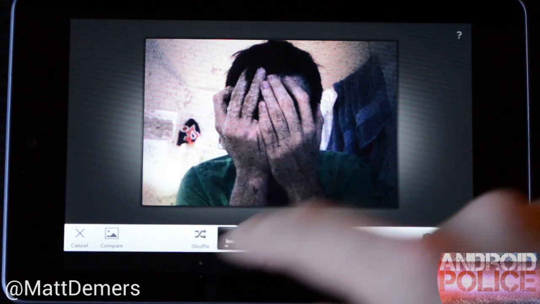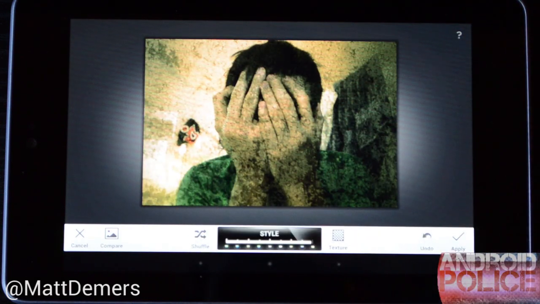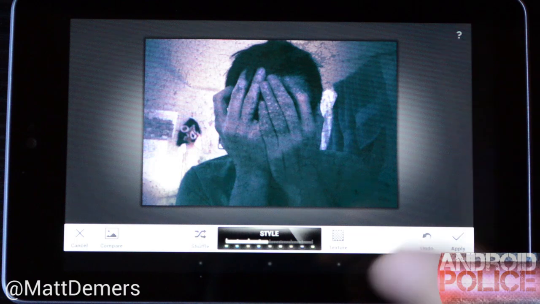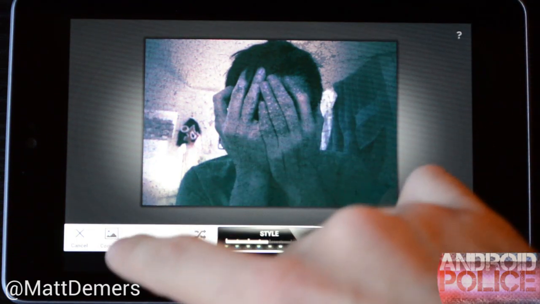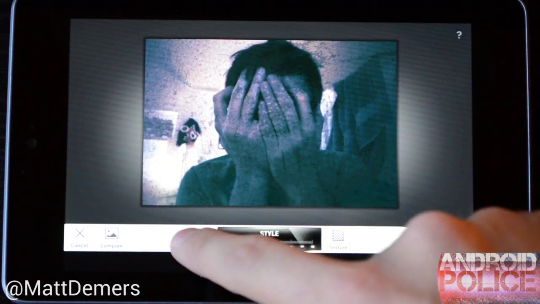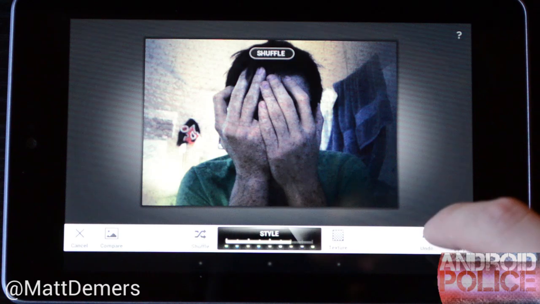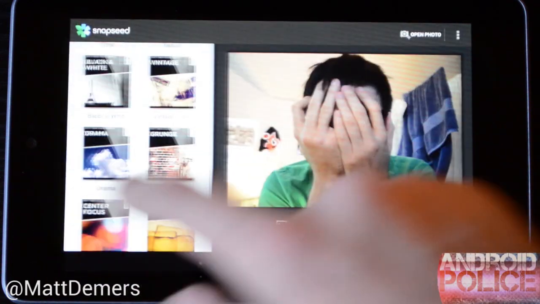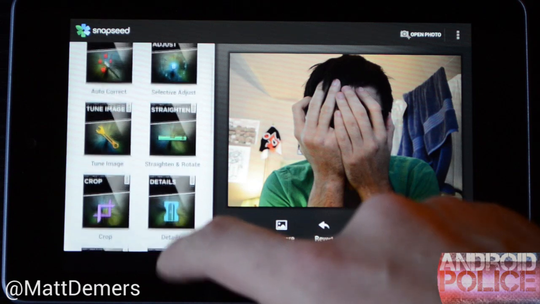I can shuffle and change different options around until I find something that I want to keep. The other cool thing is I have this compare button, which instead of having to undo all my changes, I can hit the compare button in order to bring back the original and quickly see what's different. I'm going to cancel all this affecting though,